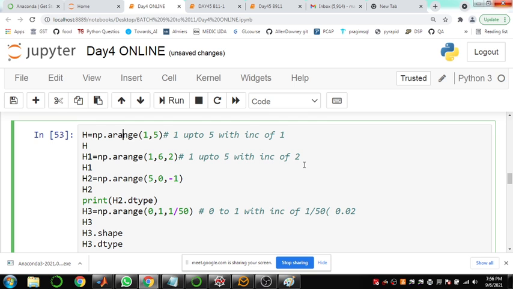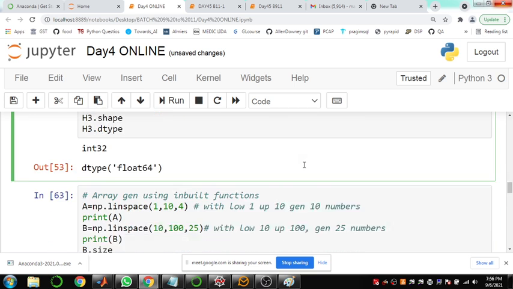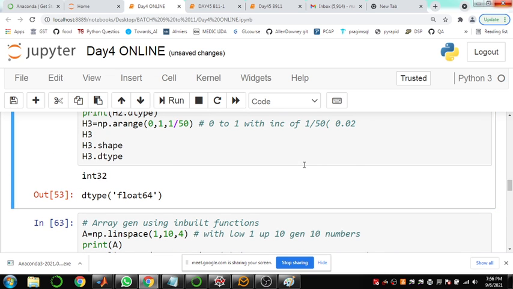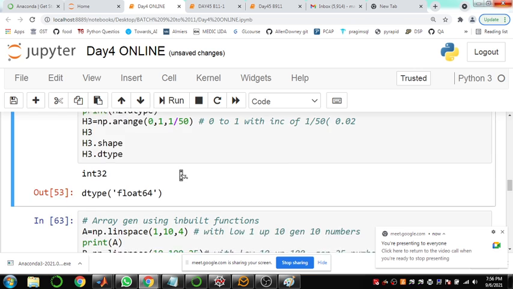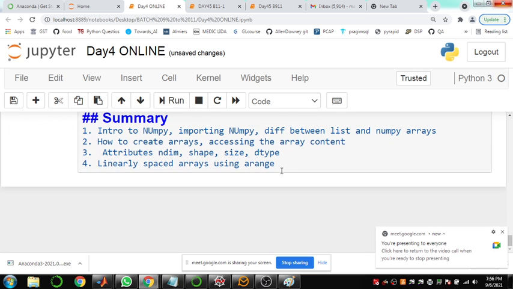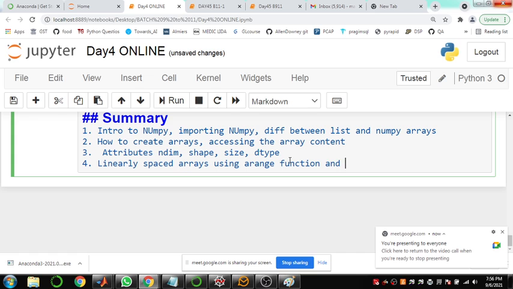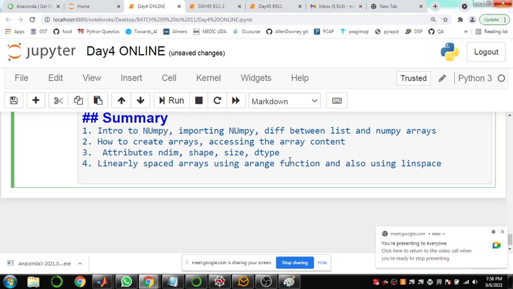So we discussed linearly spaced arrays using the arange function, and also using linspace. Even linspace does the same task. But in linspace you just mention the number of elements, while in the arange function you need to mention the step size. Then fifth one,